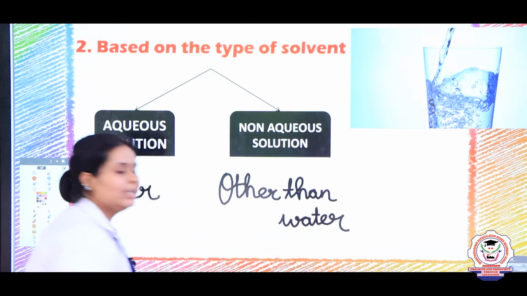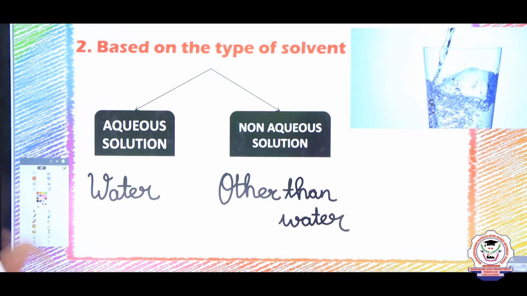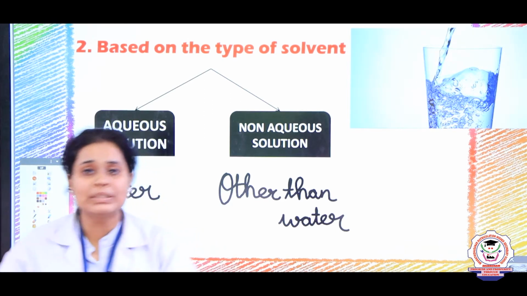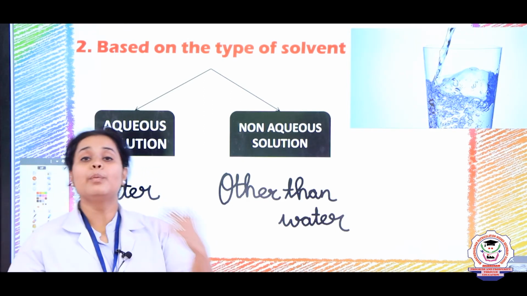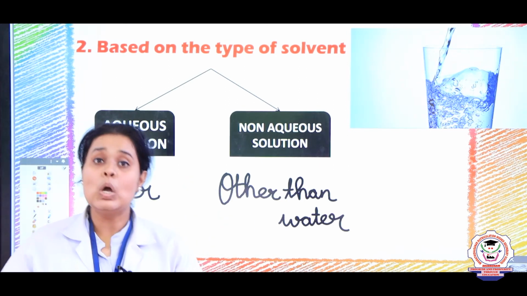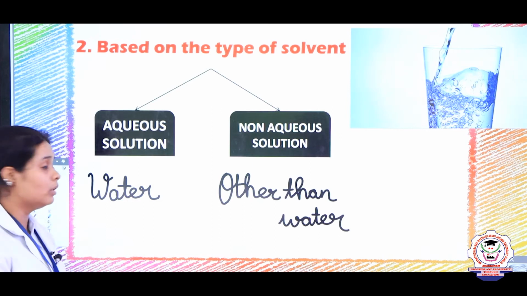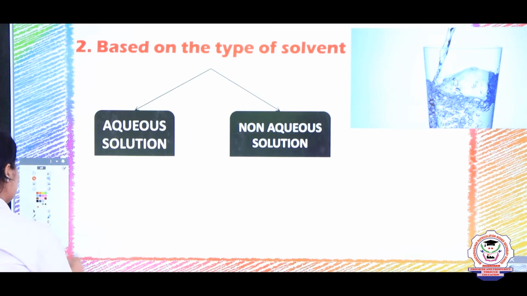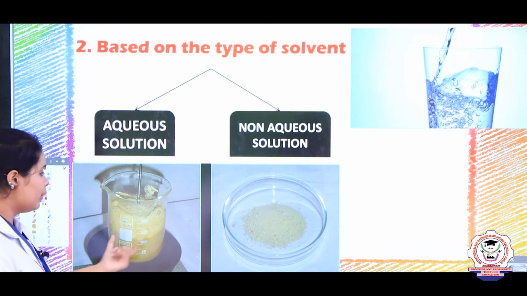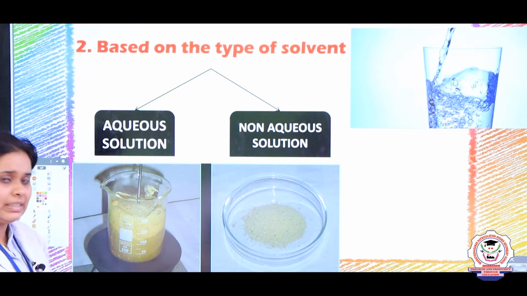Because children, you will see that a few things cannot mix into water. For example, if I take rubber. Rubber is not so easy to mix into water, right? So for that we need some other solvent, which is ether or alcohol, which can mix over. For example, here you can see that I have taken two solutions. In one you will see that everything is mixed very nicely. Why?